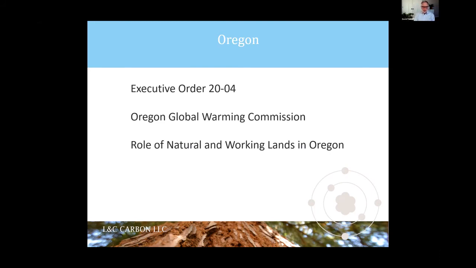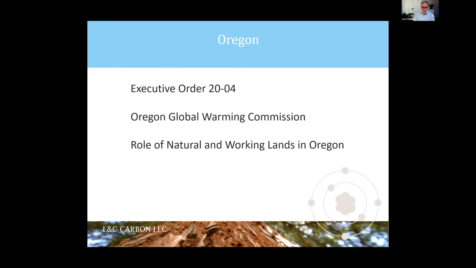that the governor basically directed all the state agencies to look at ways that they could help the state achieve its greenhouse gas emissions goals. So what could they do in each of these different agencies to work on that, including the Oregon Department of Forestry? Since that executive order was passed, the state agencies have all been working on plans to describe what actions they could take to help reduce their footprint or reduce emissions effectively, as well as looking at ways to increase sequestration.